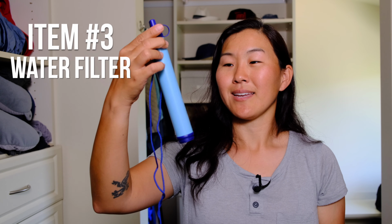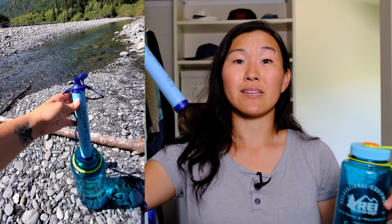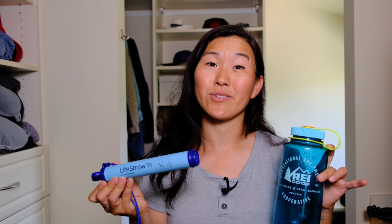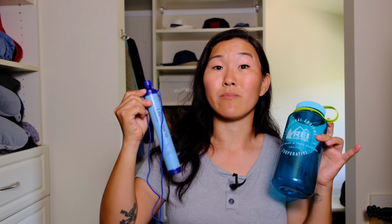that I typically need. However, if I'm hiking somewhere and I find a fresh water source, such as a river or a lake, then this is where this thing comes in handy. This is the Life Straw, and it's a personal water filter that you can stick inside of a bottle like this, and it purifies your water. You still want to evaluate your exact water source and make sure that you're not drinking anything too sketchy or too sludgy, but in most cases this does a really good job of purifying water in case you're in a pinch while you're on a